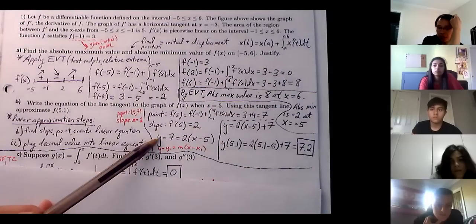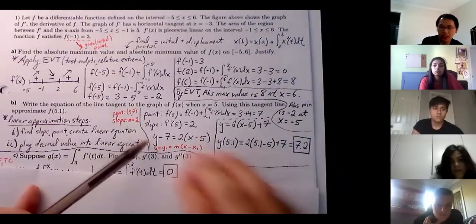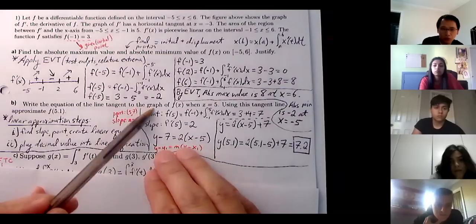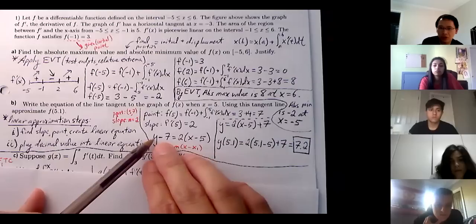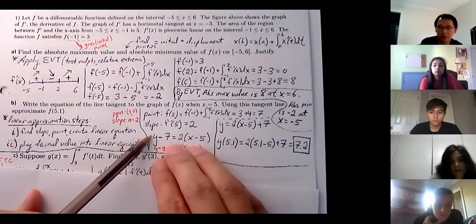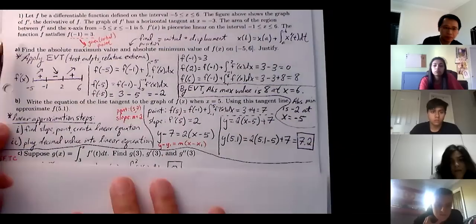But the reason why I like point slope form is because it's faster to get to than slope intercept form. And once you get to the most efficient way to your answer, then we can stop. Okay, so that's why I prefer point slope form. All right,